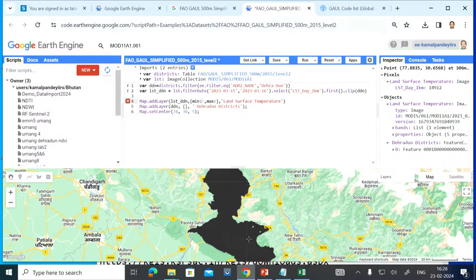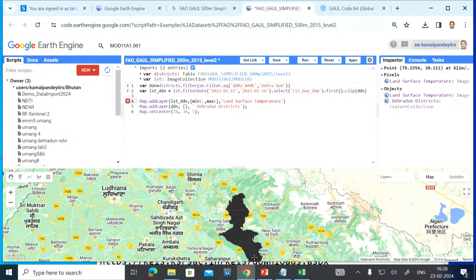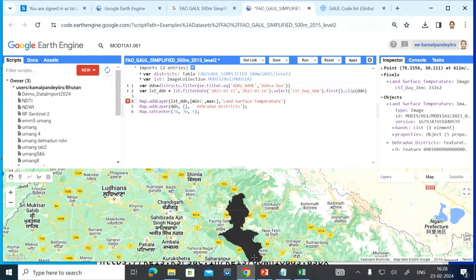I know that the temperature near the top region here may be less. If I click it here, it is showing 14587. If I click it near this part here, it is showing 15162. And if I click it here at this point, it shows 1499. So you can see how the values are ranging.